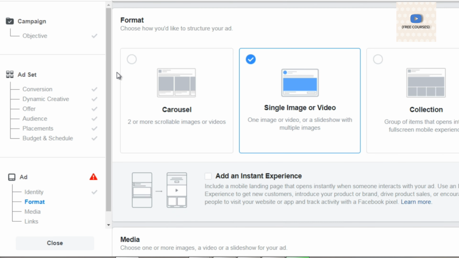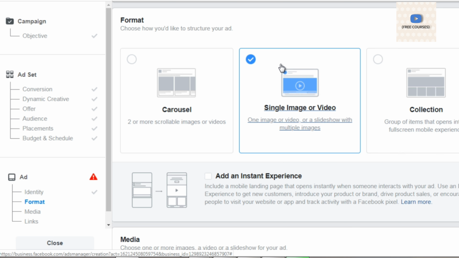The next thing is format, which is different types of ways that Facebook will show your ad. So you can show your ad via multiple images in a carousel format. You can show one image like most of you are used to, or a video, or a group of items that opens into a full screen mobile experience.